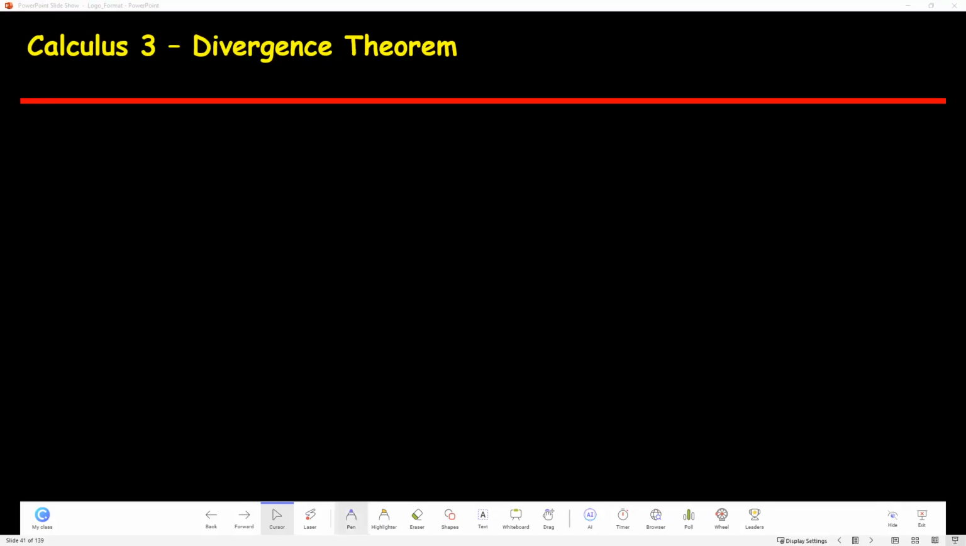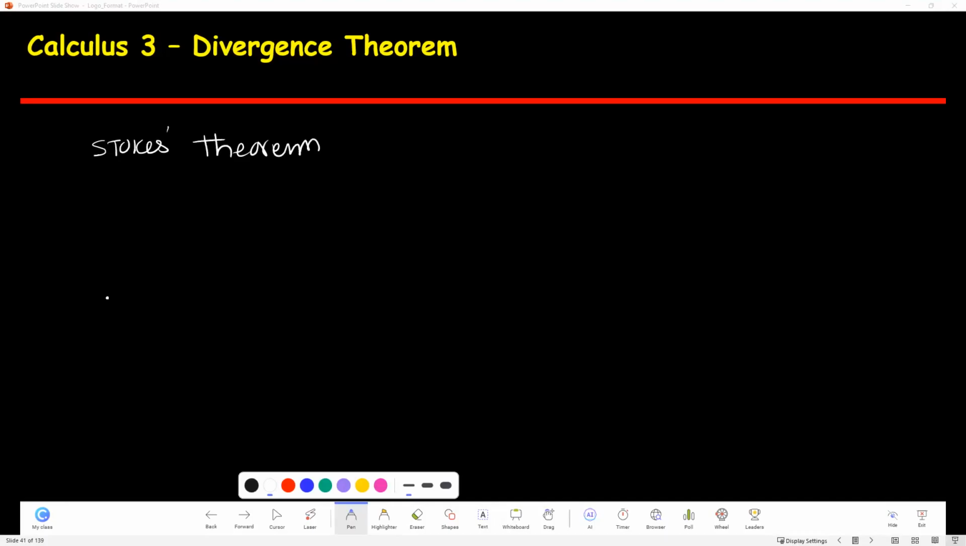So first thing first, what is the divergence theorem? The basic idea is that we have two theorems left. One is Stokes theorem and one is divergence theorem. I'm going to talk today about the divergence theorem, and then we move into Stokes theorem. And the divergence theorem is that